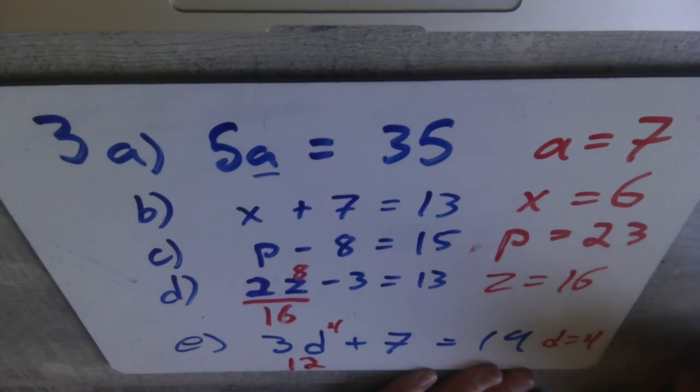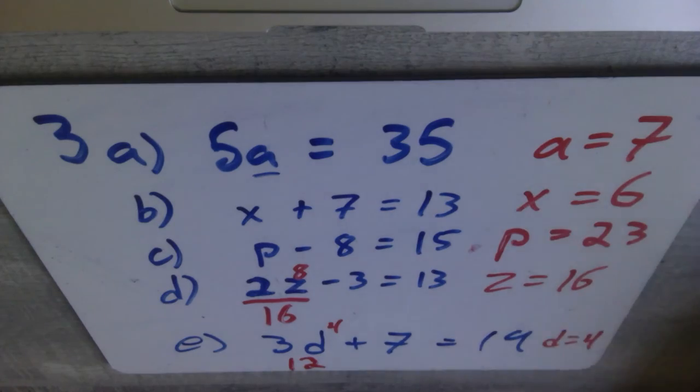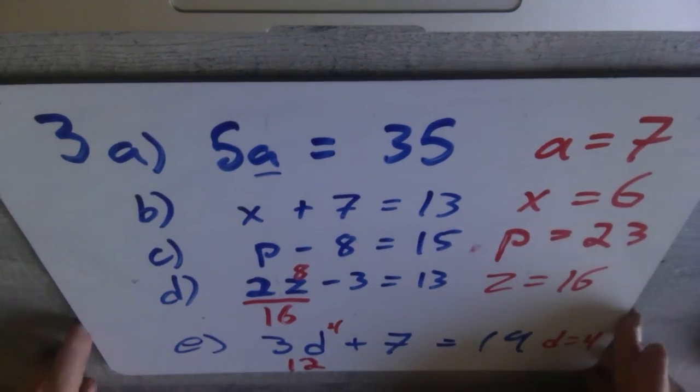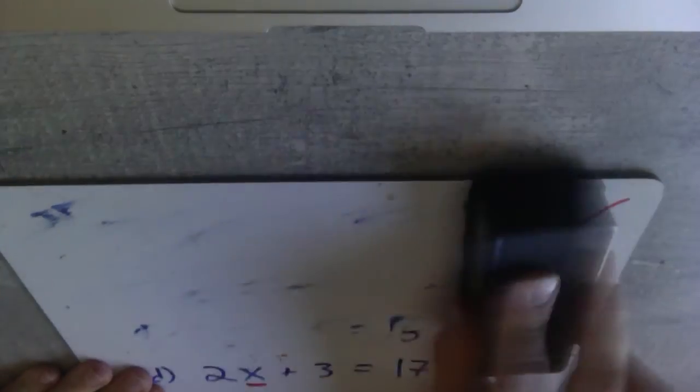D equals 4. Okay. And last one here, moving to 3F. We'll do this one quickly because I think we only have a minute. YouTube only gives us 15 minutes per video. So 3F,